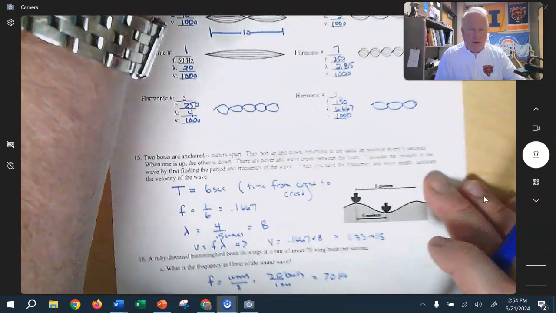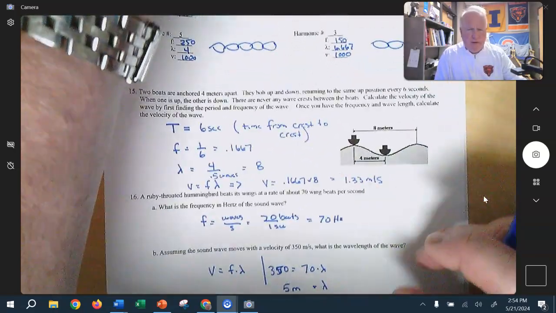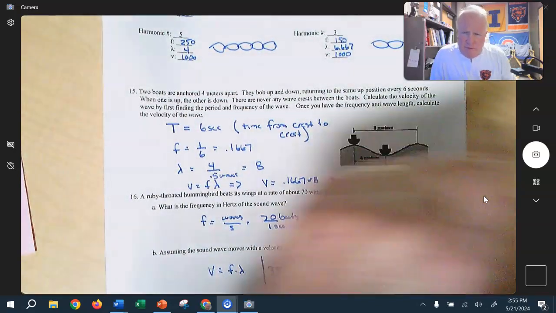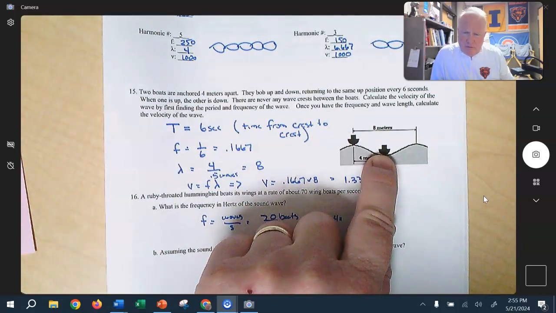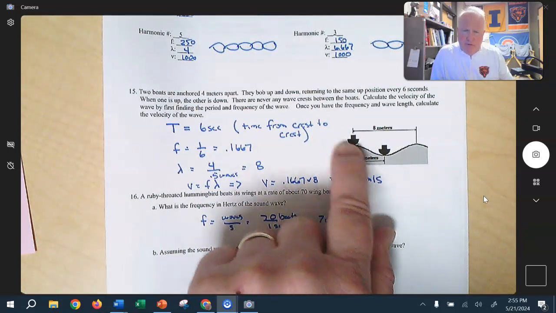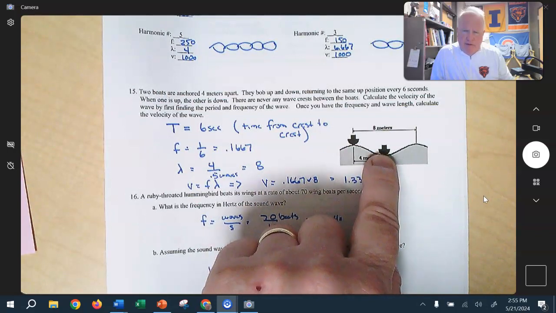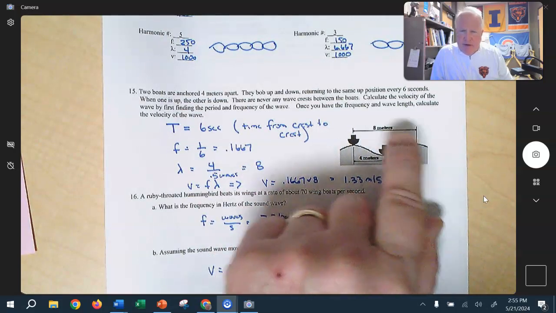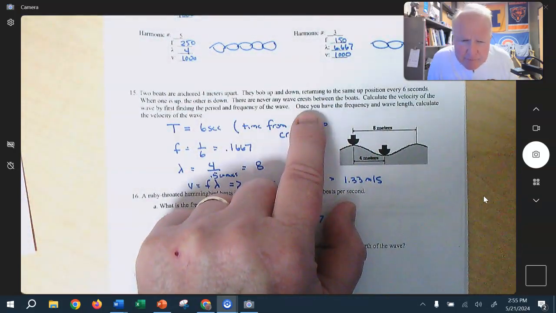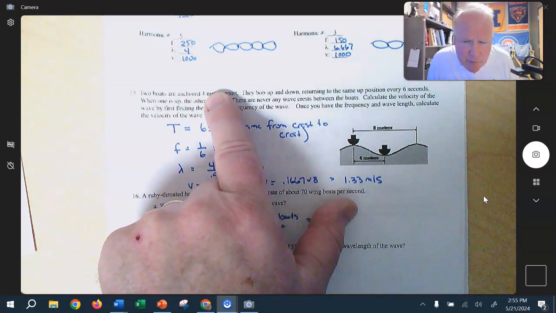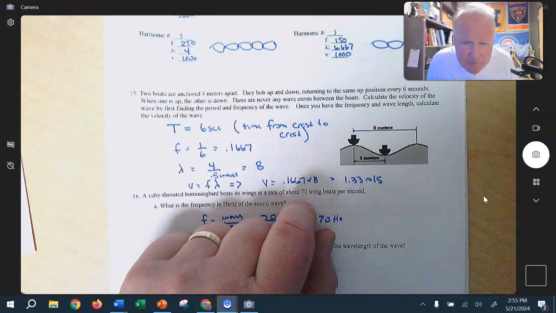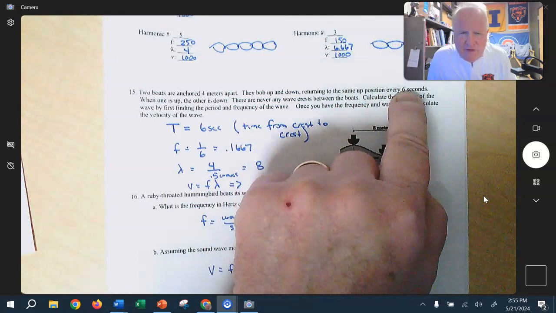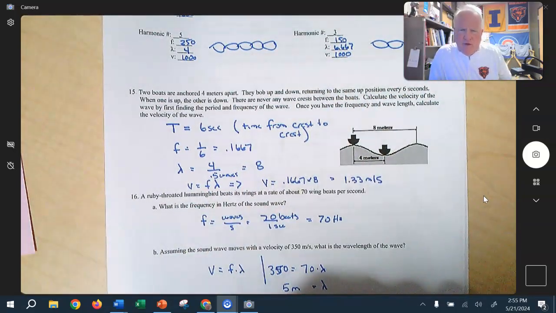I'll tell you right now, this is the hardest problem, so that's why I've been rushing. This problem right here with the boats, because it really asks you to think through. If a boat is up and a boat is down, we can picture that the wave is going up and down. And so if a boat is up and then it's down, to be one complete cycle, it has to go up, down, and then back up again. And so when they tell us that the boats are 4 meters apart and that we time that they both go up and down, returning to the same position every 6 seconds. So when they return, it takes 6 seconds, right? And so what